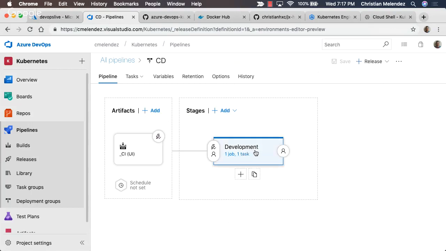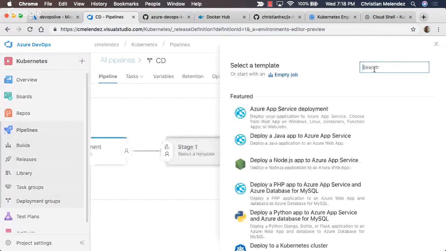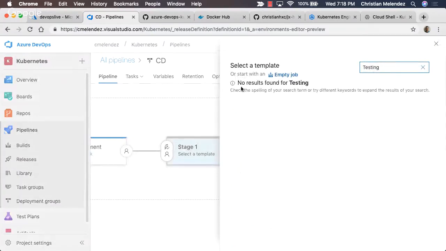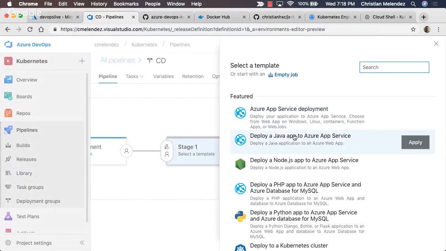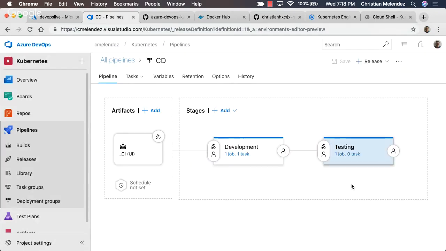So I have a stage here, which is the development stage, and I can add a new stage, for example, testing. Sorry, I have an empty job here, and I'm just going to add it as testing. Save. Even though I don't have any other task here, it is going to be the same.